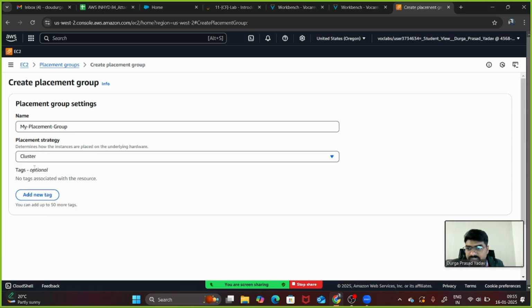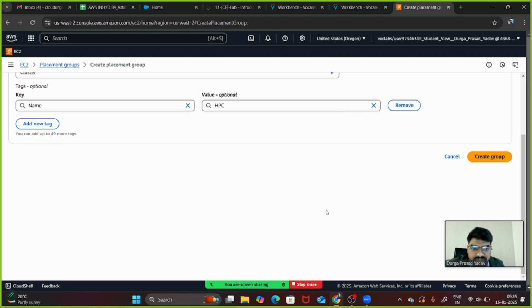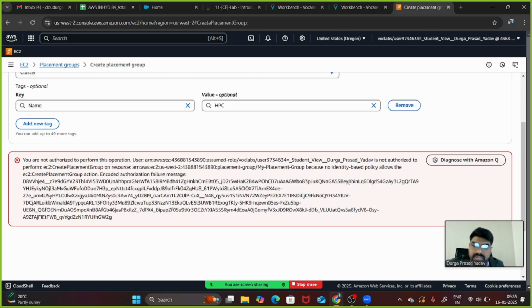We have to select, right? Cluster, spread, partition, all three are there, so we'll select cluster, and we can give a name of it also if we need. And we want it for HPC purpose, high performance computing purpose.